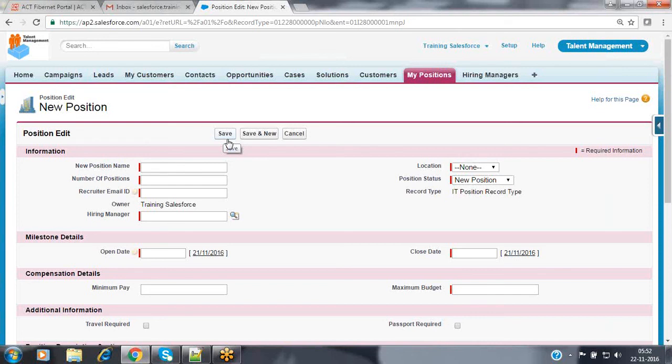This is the position details, and this is the close date. So please close the position as soon as possible. We are going to be notifying those people here. While notifying them, there is no need to send the email notification manually. We can make this process automated with the help of workflows.